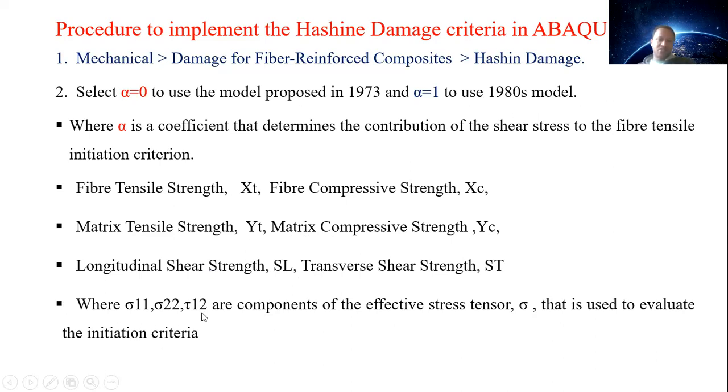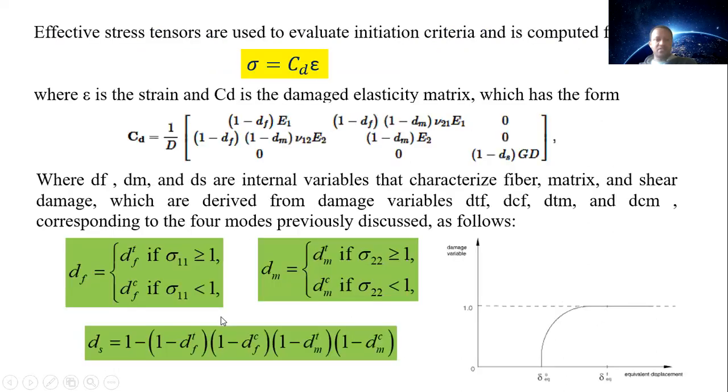And sigma 1, sigma 2, and tau 12 are the effective stress tensor components. The effective stress tensors are used to evaluate initiation criteria and are computed as sigma equals Cd times epsilon. So epsilon is the strain, Cd is the damaged elasticity matrix, which is given as this, and here d is the